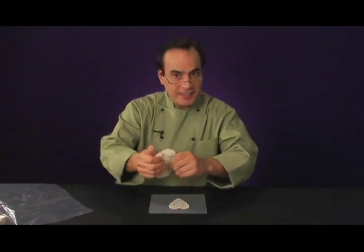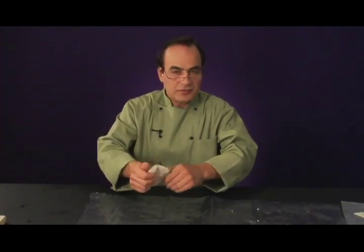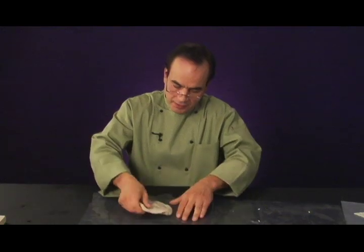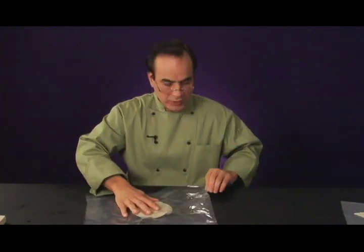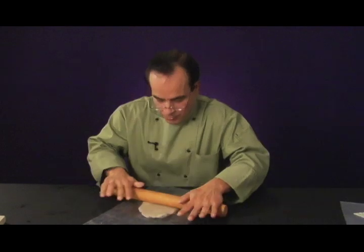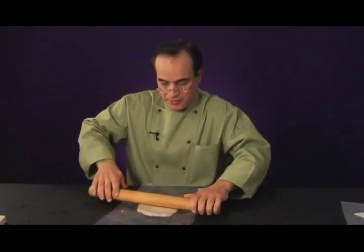What you can do is you soften the safety clay just by kneading it. And then I like to take something like this plastic I just cut from a plastic bag. Saran wrap is too thin. What I like to do is I just make it kind of thin, and I sandwich it in between two sheets of plastic. And then what you want to do is you want to roll this out. Now, my goal when I'm making a lace mold, I like to roll it out to about 1/8 of an